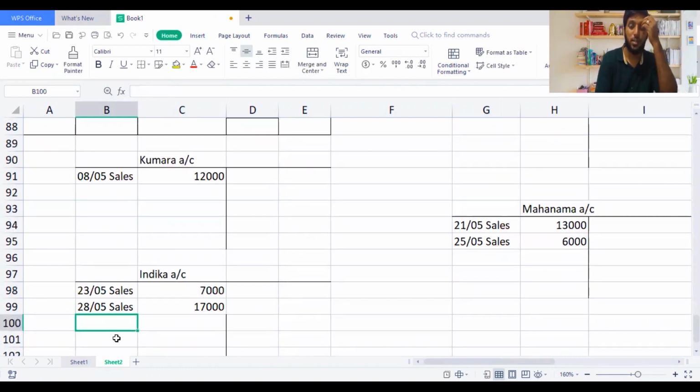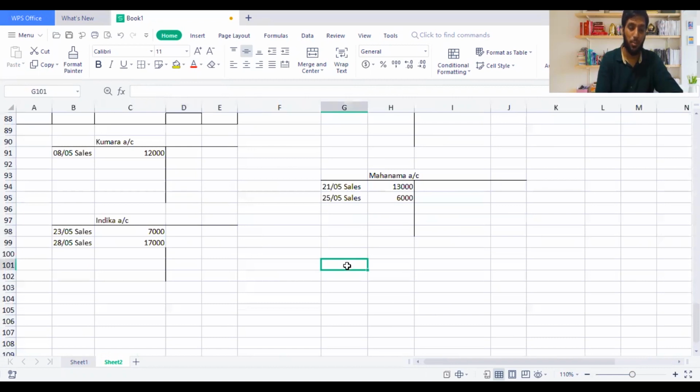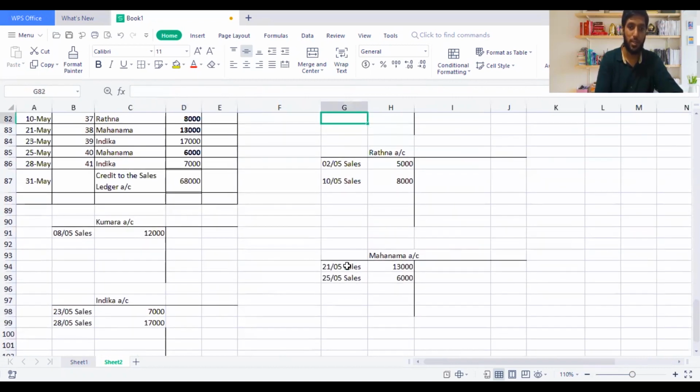So that's it, guys. You don't need to finalize this sum. You don't need to finish the ledger account balancing. As I said in the previous video, previous activity 2, you don't need to take the entire thing and balance it. Just showing this balance is more than enough. You know how to balance the ledger account, but showing it is more than enough. So let's move on to the direct question, activity number 3. Many students have asked me that activity number 3 is a bit hard to understand. But let me make it simple and easy.